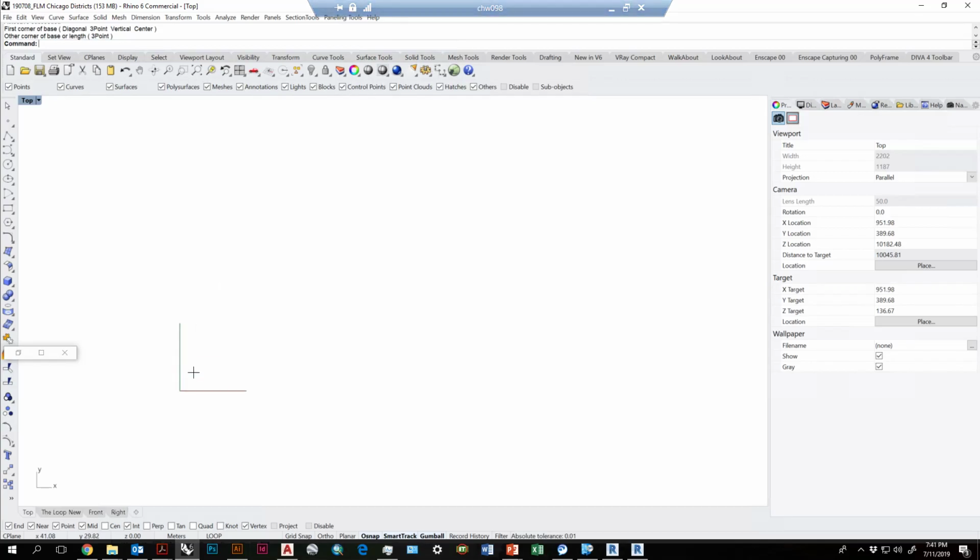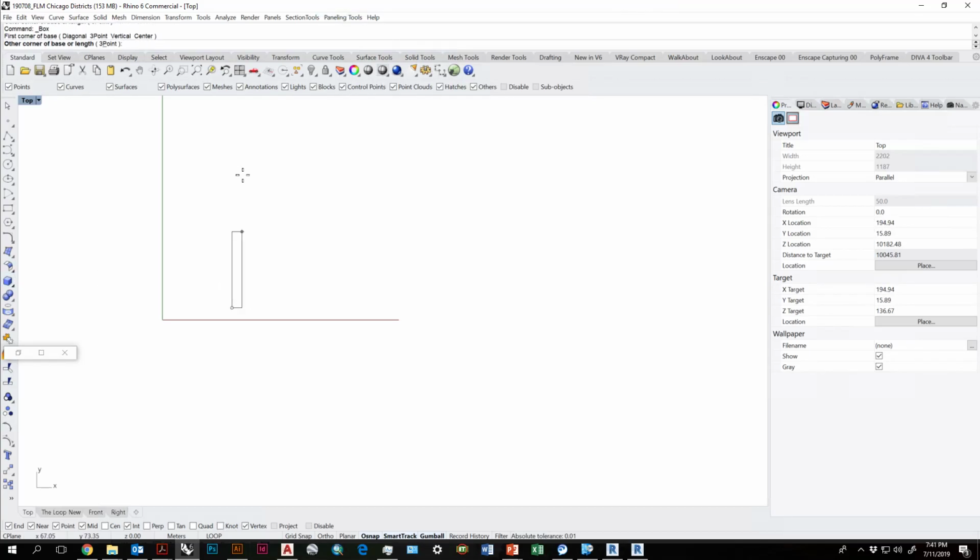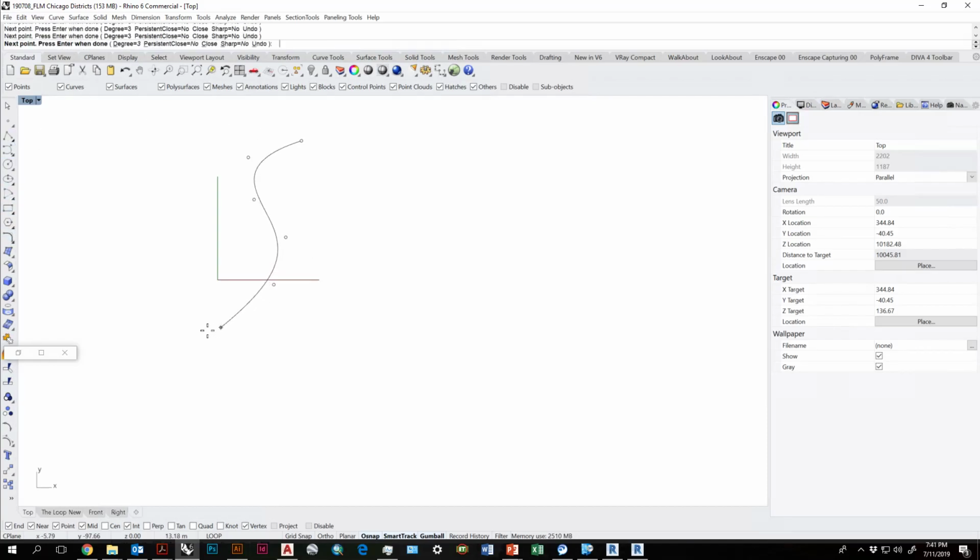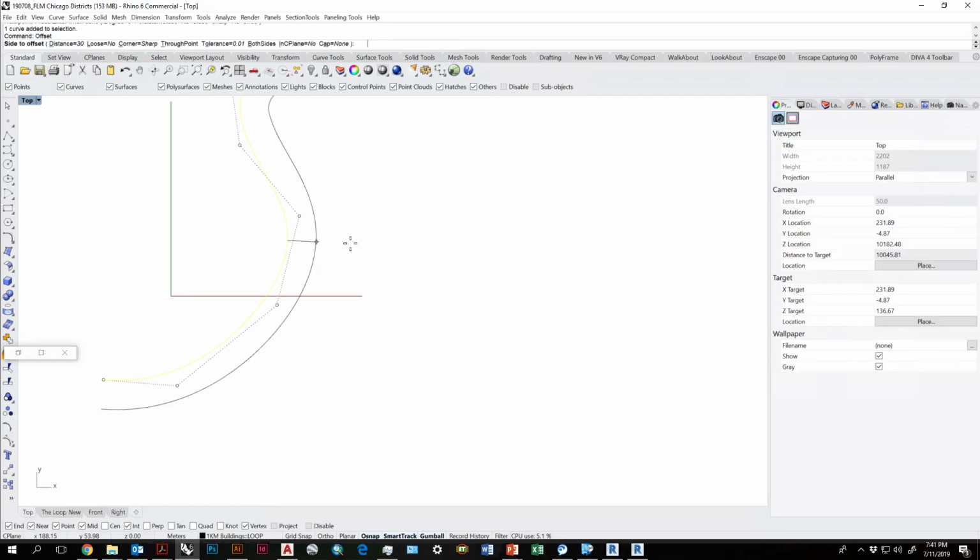Zoom into origin. I'm going to create a wall here. Actually, let's do this. So I'll set it by 2 feet.